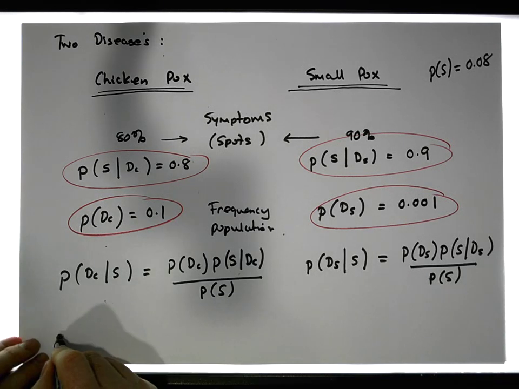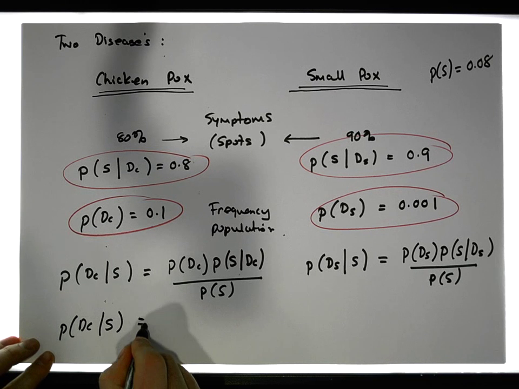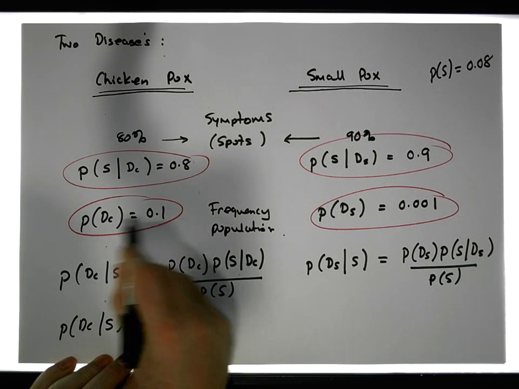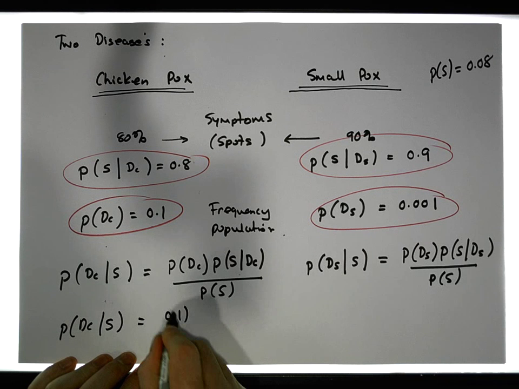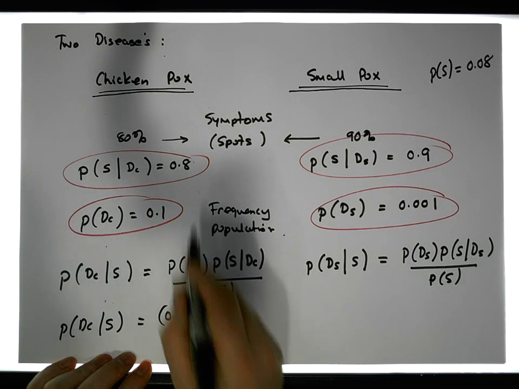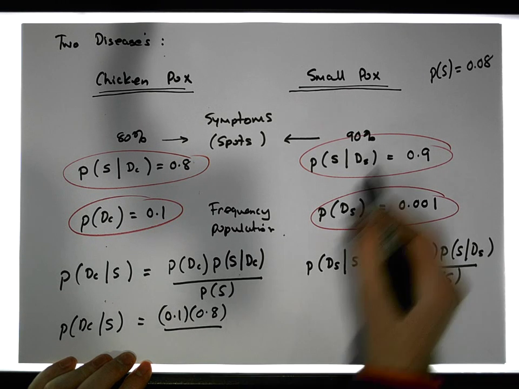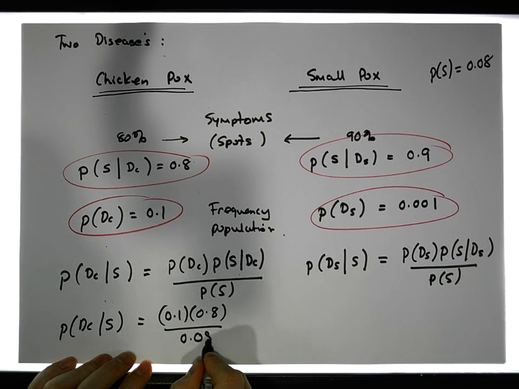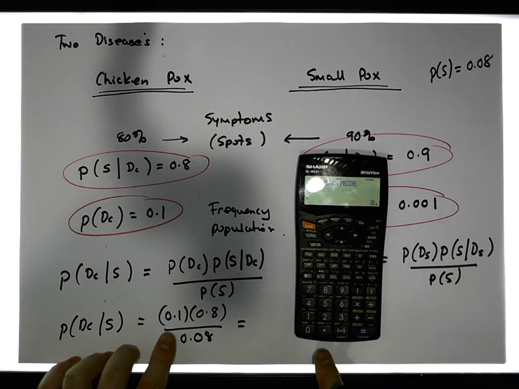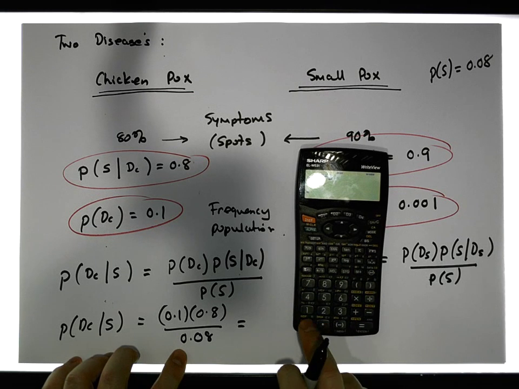So the probability that you have chickenpox, knowing that you have spots, is equal to the probability that you have the disease, the prevalence of it in the population, which is about 10% of the population, 0.1, times the probability that you have spots knowing that you have the disease, which is 0.8, divided by the probability of spots in the population, which is 0.08. When we look at this on the calculator, 0.1 times 0.8 divided by 0.08 gives us a value of